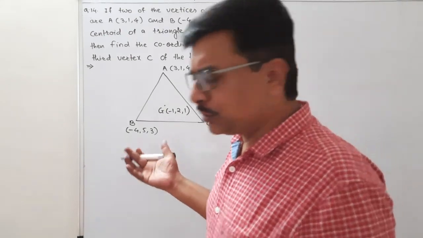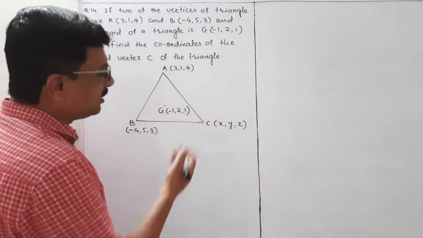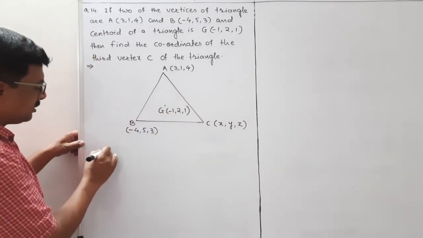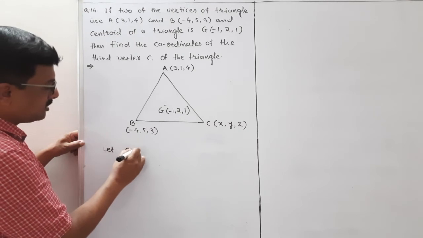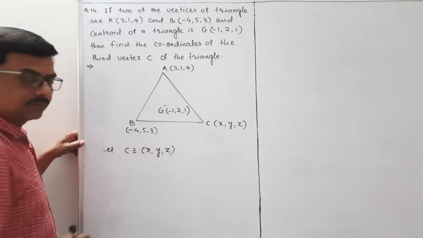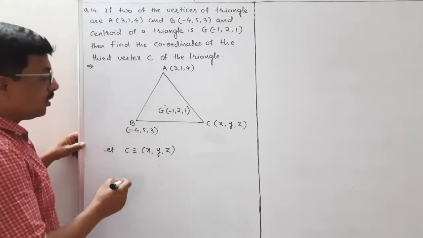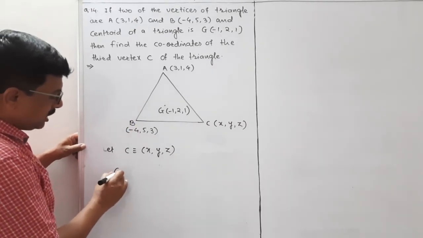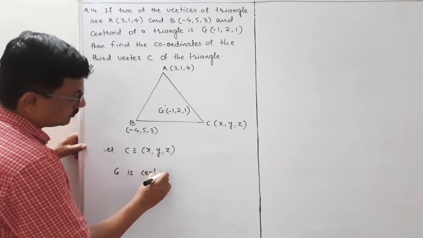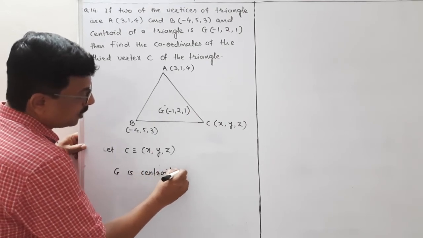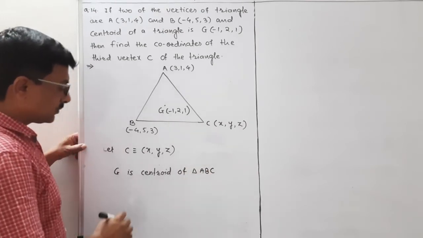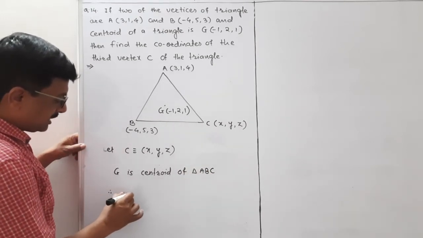वो यूज किया तो भी कुछ फर्क नहीं पड़ेगा क्योंकि हमें वो थ्योरी पार्ट में दिया हुआ है। तो हम जैसे कि कंसिडर करेंगे, let C has coordinates x, y, z। ठीक है, G के कोऑर्डिनेट्स दिए हैं आपको, G इज सेंट्रॉइड ऑफ ट्रायंगल ABC। Therefore, using centroid formula,